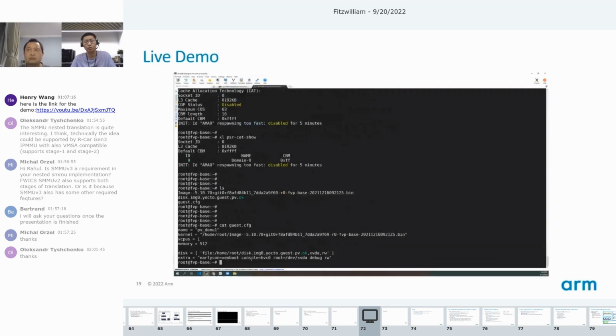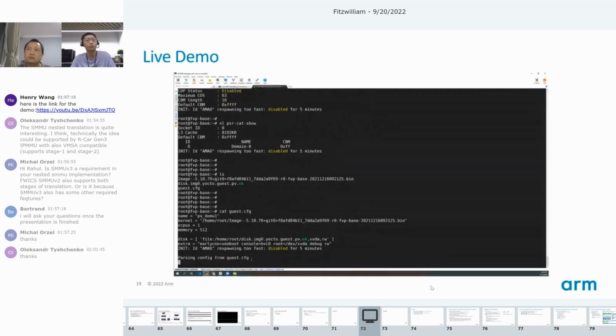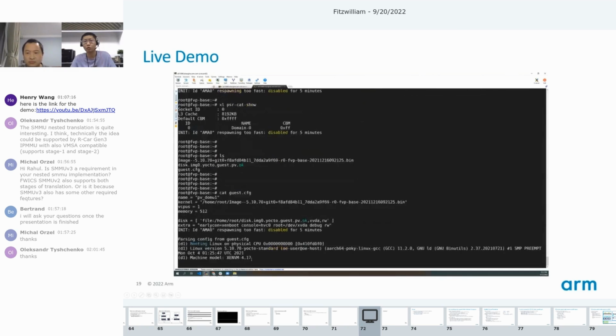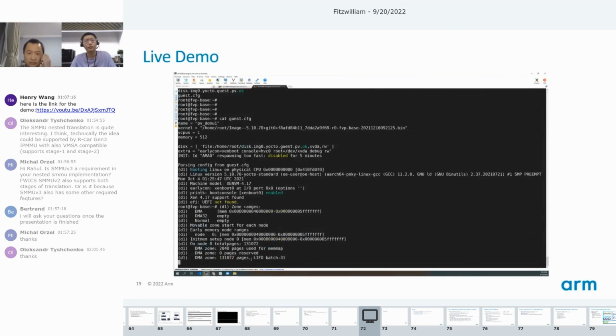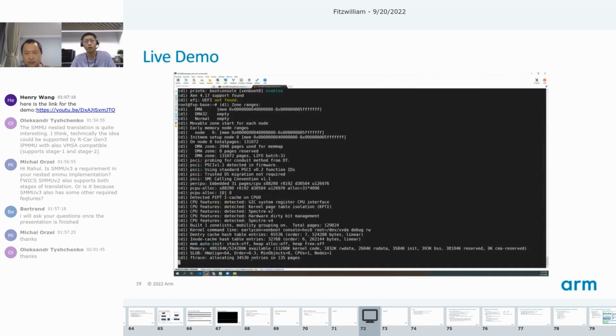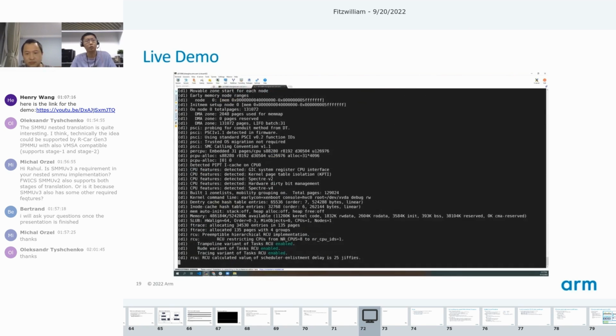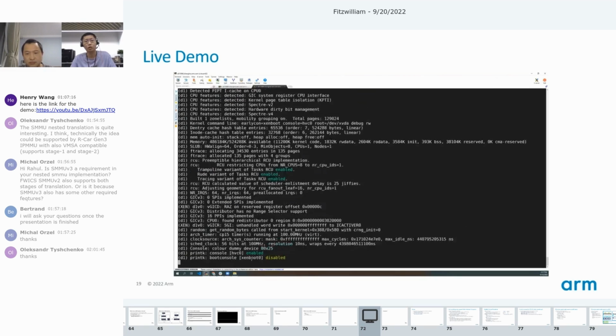We can start it using xl create, and then we'll pass the config of this one, and we can also fast forward a little bit to probably here. So now you can see the guest is started.